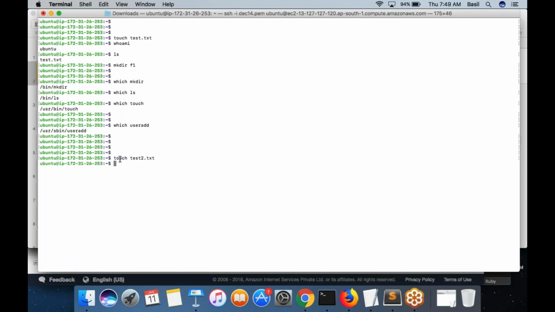How does it find out? There is a variable called PATH in Linux. It is called an environment variable. Basically, it's a variable that is system-wide, that everyone can see.